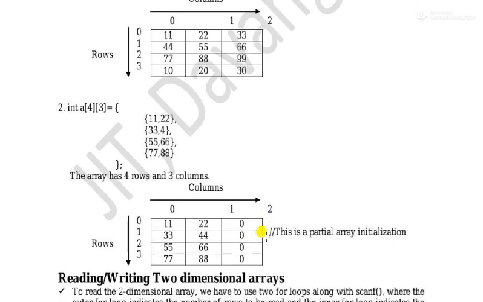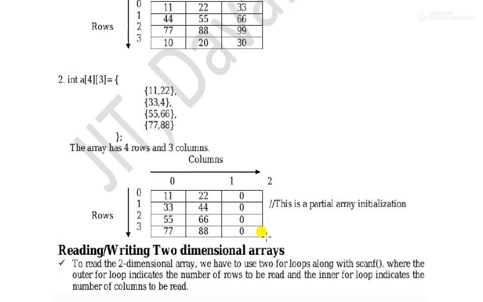Next, reading and writing a two-dimensional array. How do you read and write a single-dimensional array? By using printf and scanf. For writing printf, for reading scanf, but for reading multiple values we use a for loop. Here also we need to use a for loop, but here we need to read the values in the form of rows and columns. So for that we have to use a nested for loop. We already discussed nested for loops in looping statements. A for loop inside another for loop. The outer for loop represents the number of rows. The inner for loop represents the number of columns.